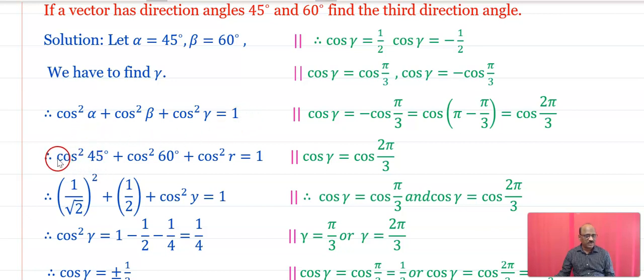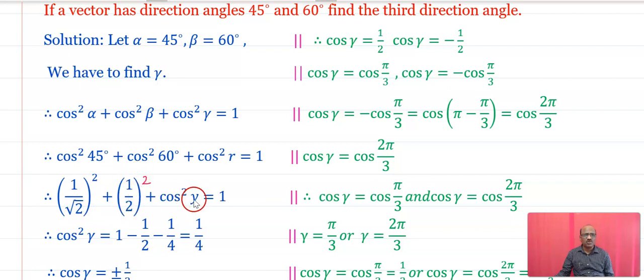Alpha is 45, therefore cos square 45 plus cos square 60 plus cos square gamma equals 1. Cos 45 is 1 by root 2, bracket square, plus cos 60 is 1 upon 2, squared, plus cos square gamma equals 1. And 1 upon root 2 squared means 1 upon 2. 1 by 2 squared means